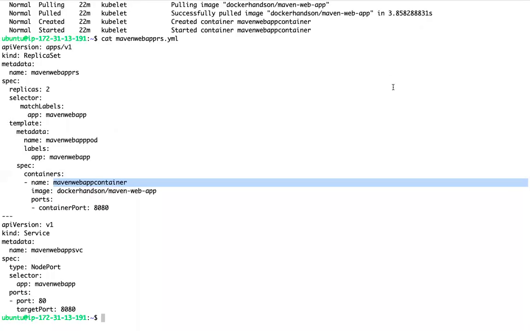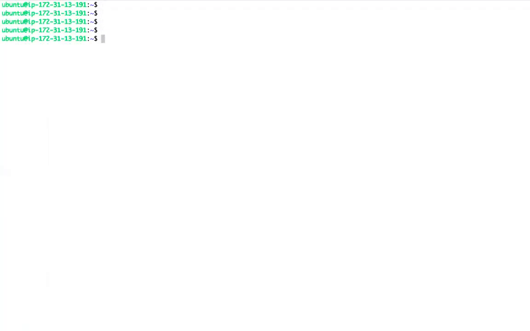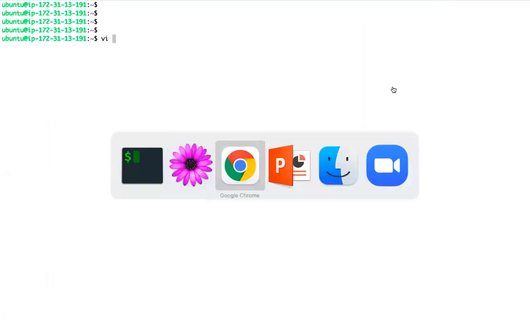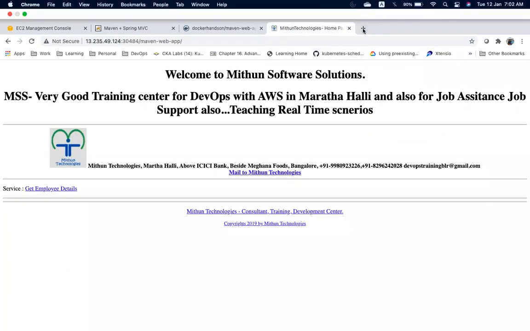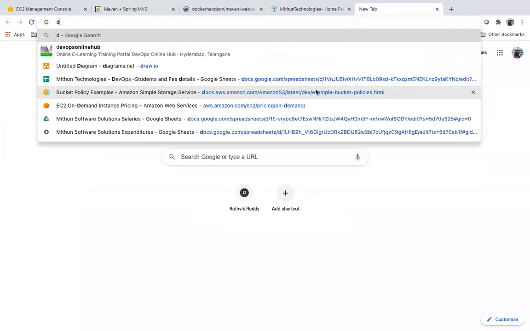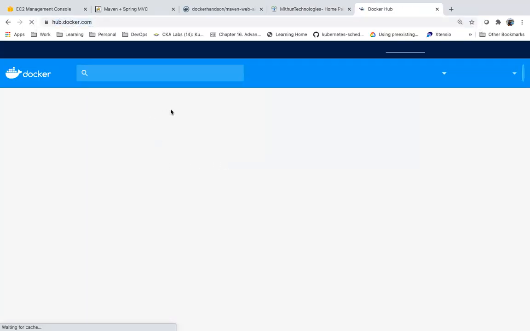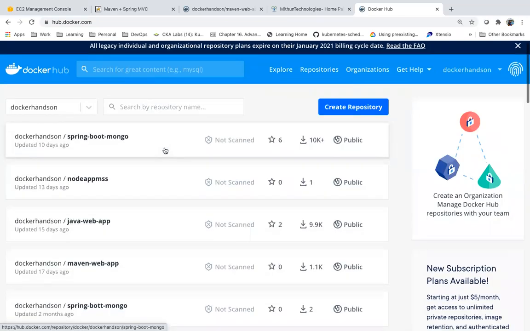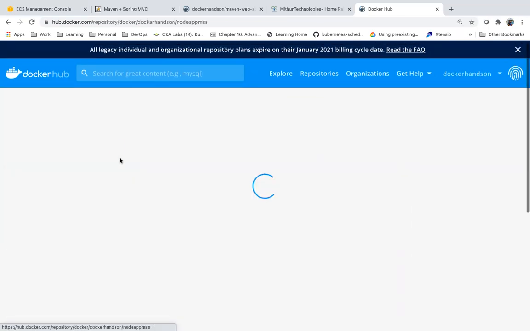Let me create some daemon set. Let me create some application. Let me see if I have any other application. Just to demonstrate, I will use this Node.js application.